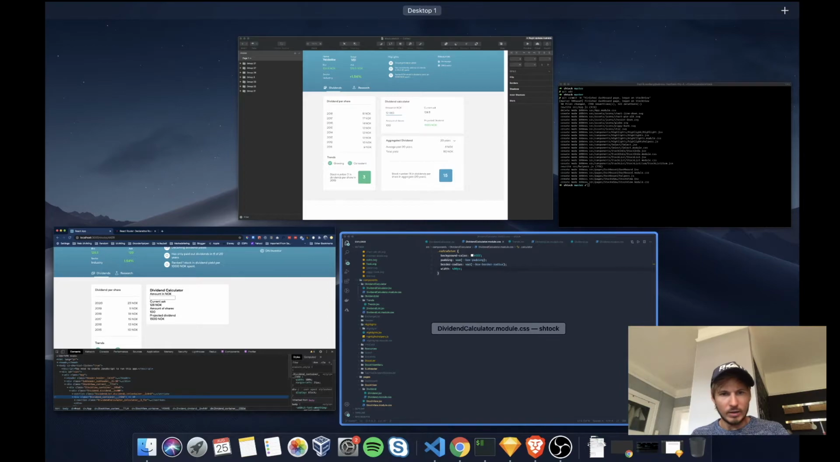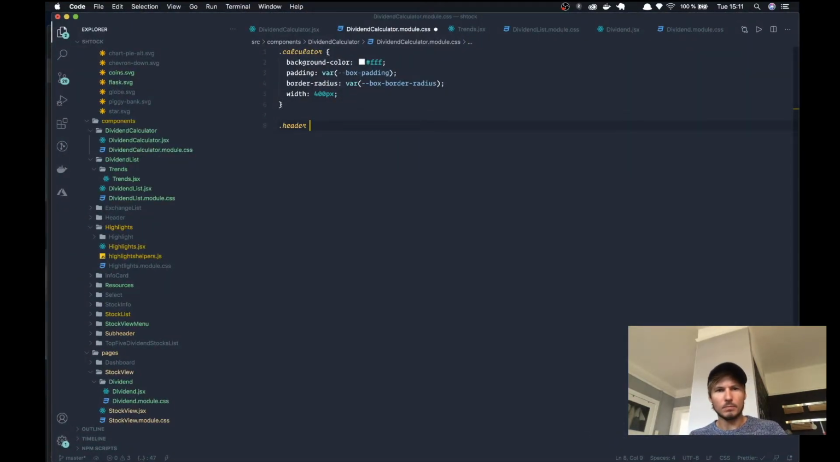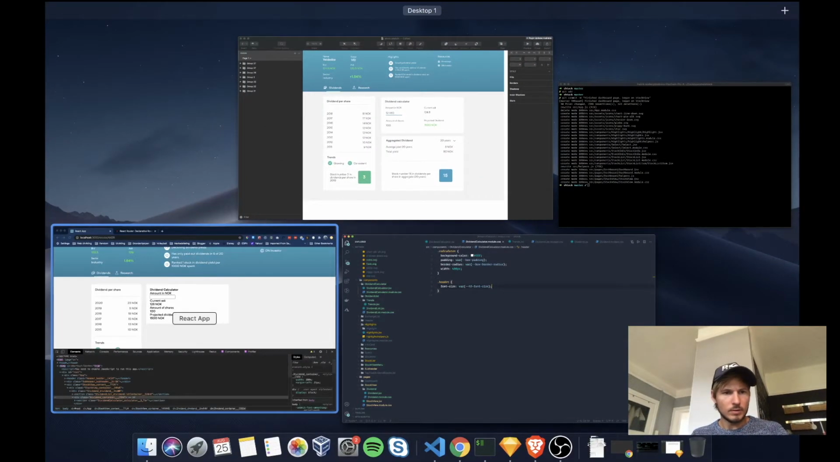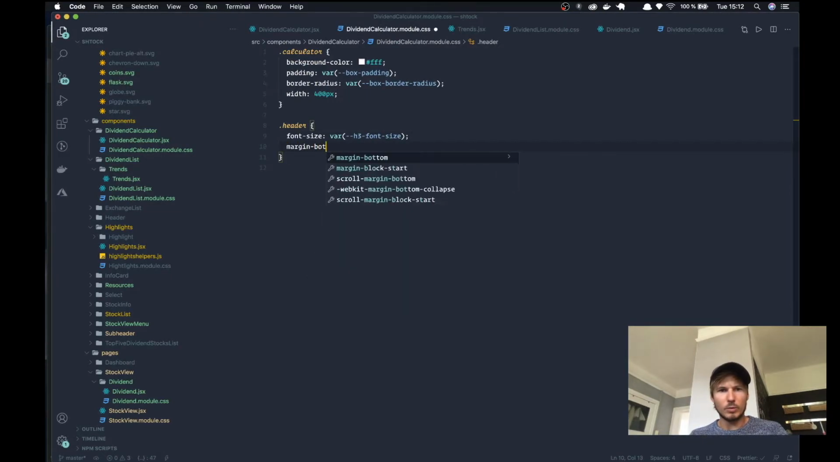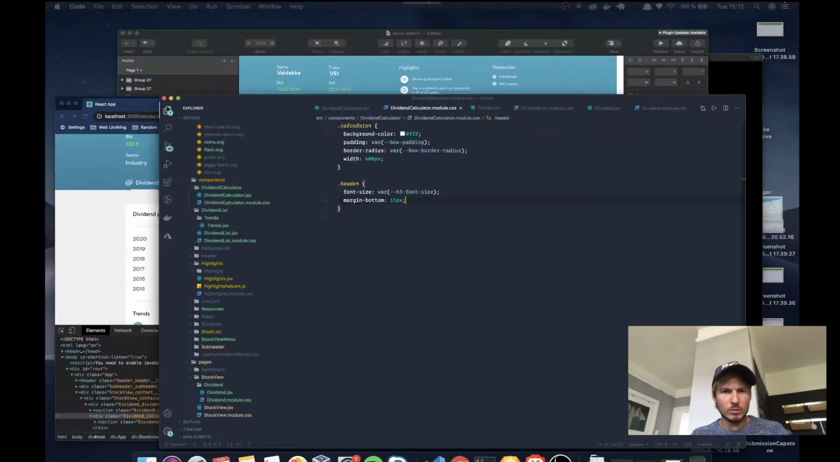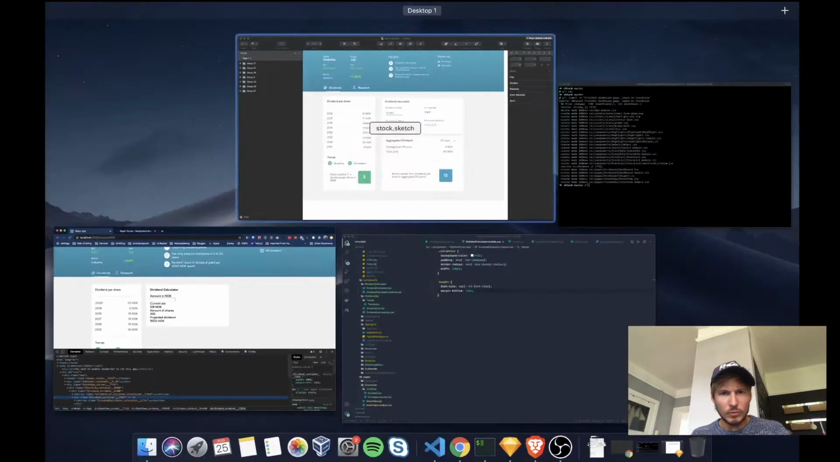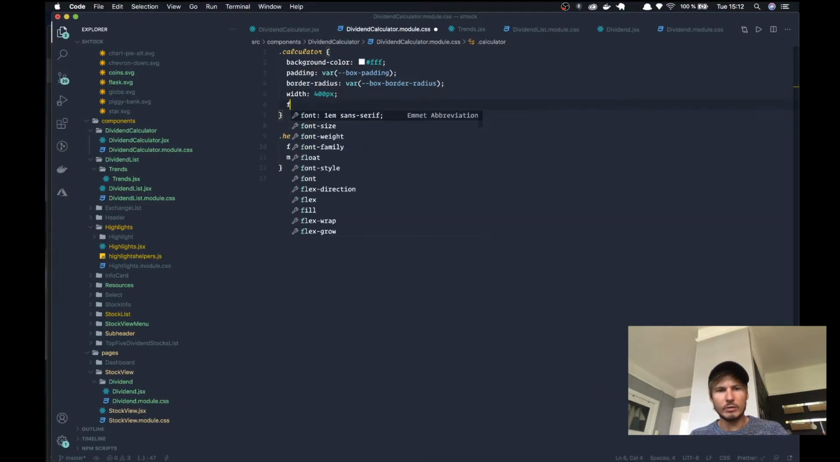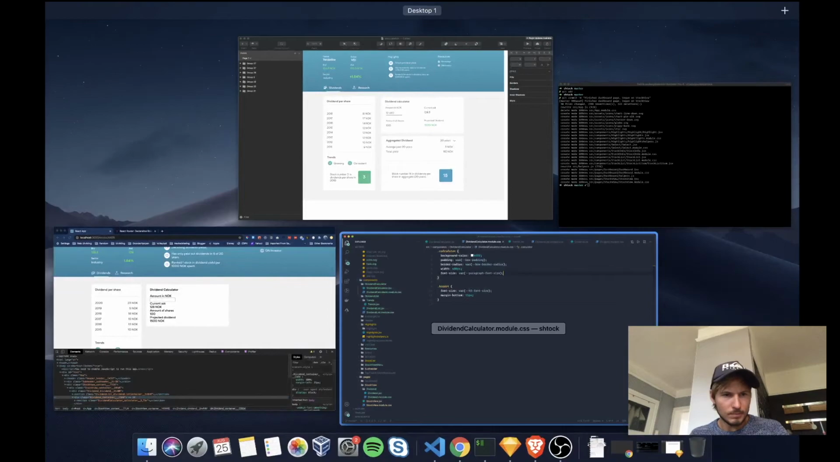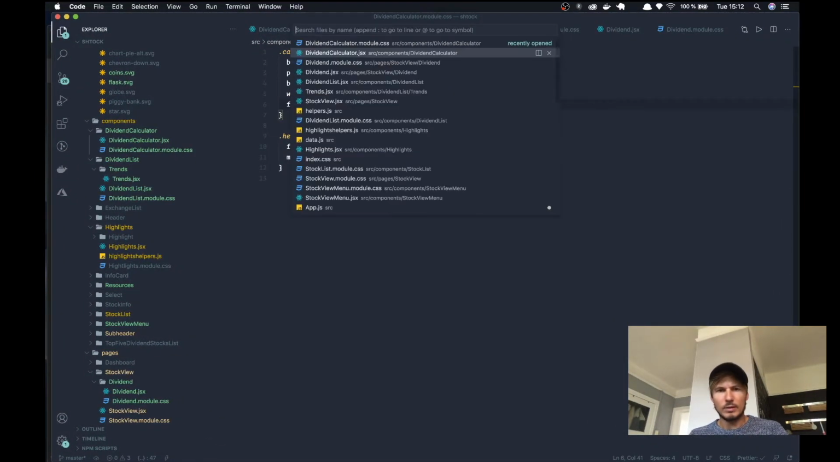So let's go ahead and style the header. We give it a font size of var h3 font size, and then we'll give it a margin bottom 15 pixels, and we'll give the entire calculator a font size of var paragraph font size. And we'll go back to